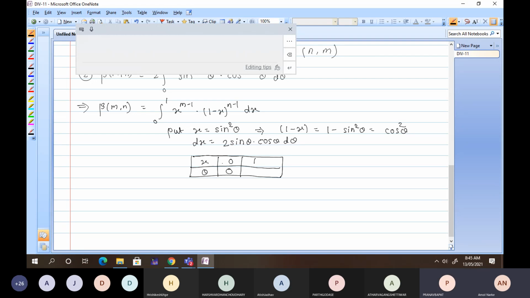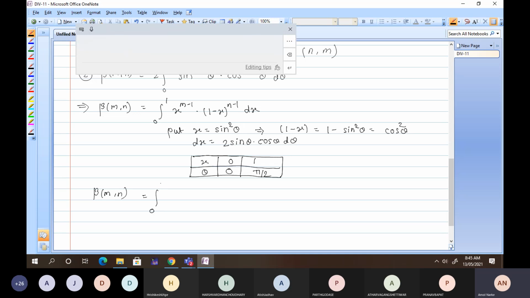Theta equal to pi by 2, because sine of pi by 2 is 1. So put in that upper limit. So what happened? Whatever you have for beta, you can write down as it is. So beta of m comma n gives you the integration,